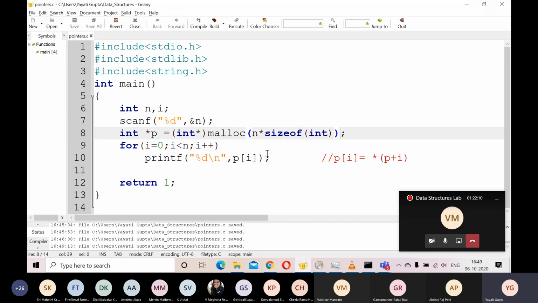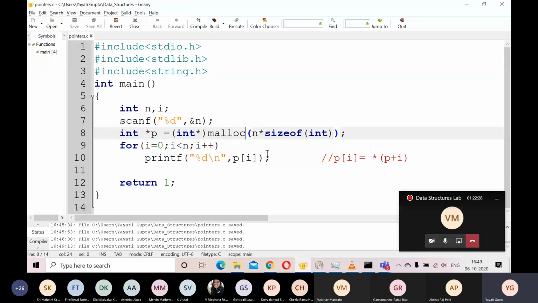There is one more thing with this function. What this function tries is to give you this many bytes of memory. But let's say you enter a very big number here and your computer doesn't have that much memory. In that case, if something like that happens, this malloc function returns you a null pointer.